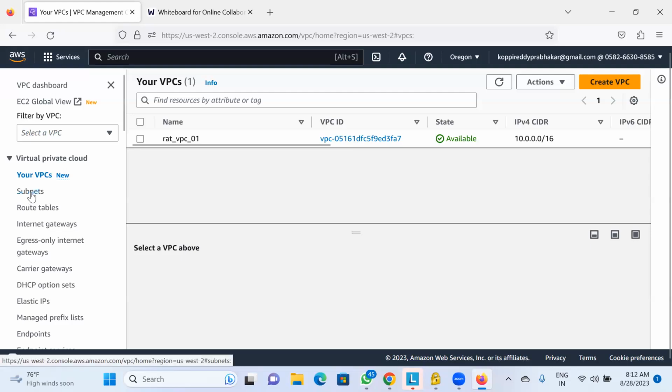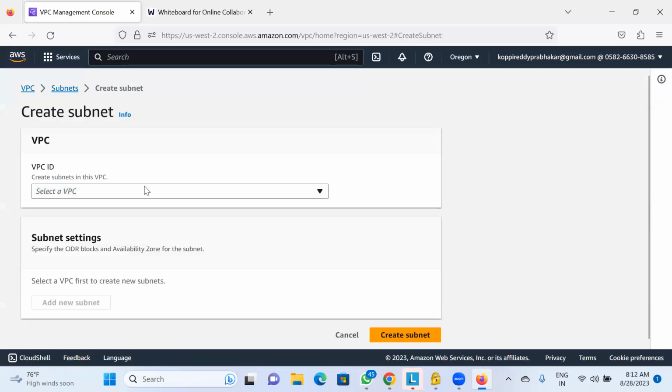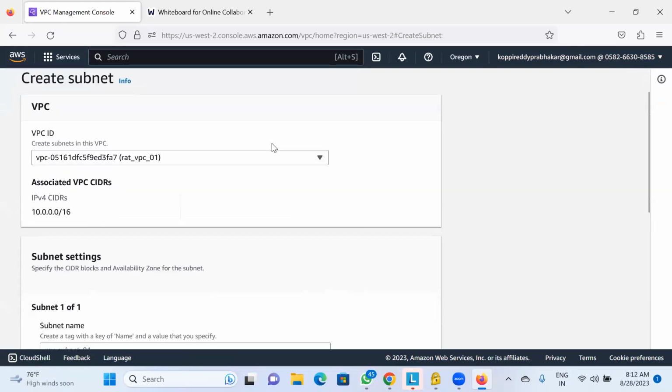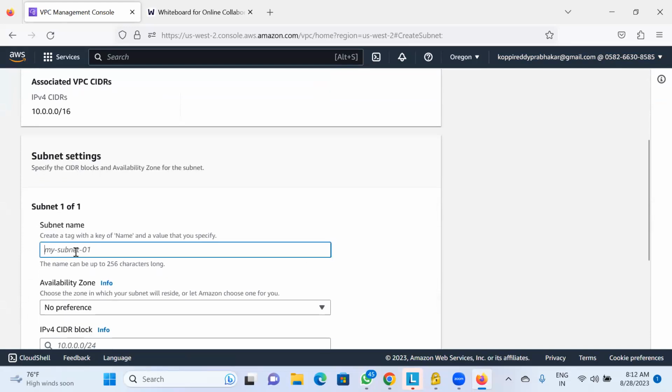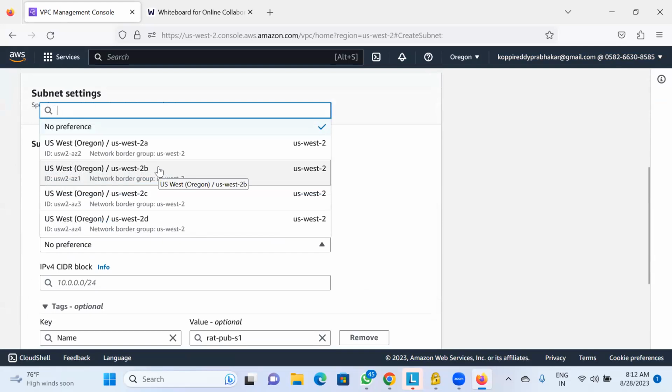Now next thing is we are going to create two subnets. First, I need to select our VPC, and this is the IP range of it. My subnet name is, first let me create, rat pub subnet 1, and you have to select at least one availability zone for this. You can select any of them, but for example, you have to select the availability zone